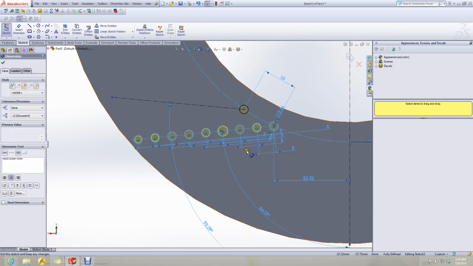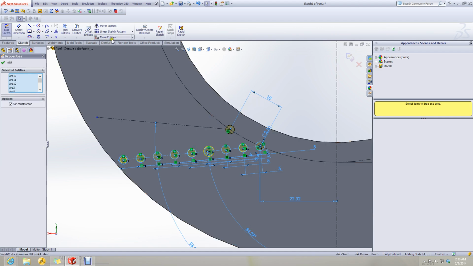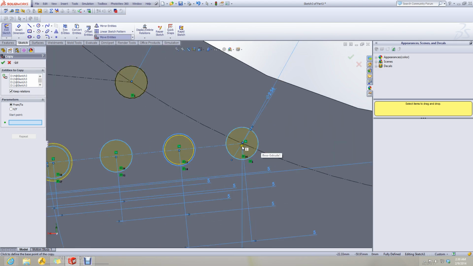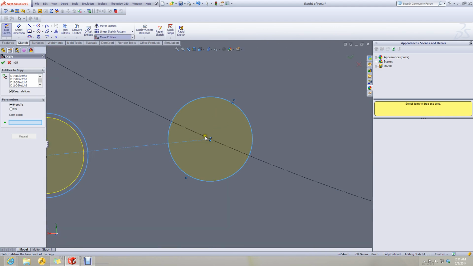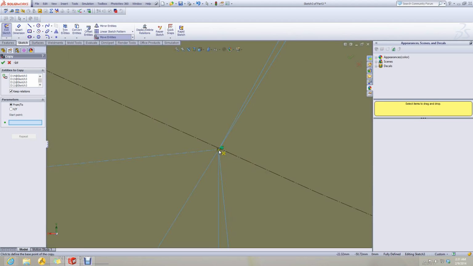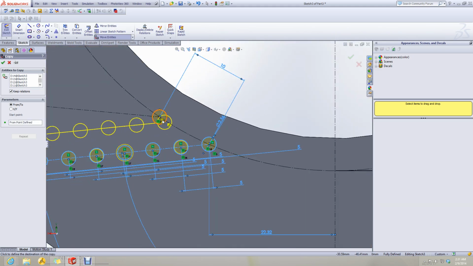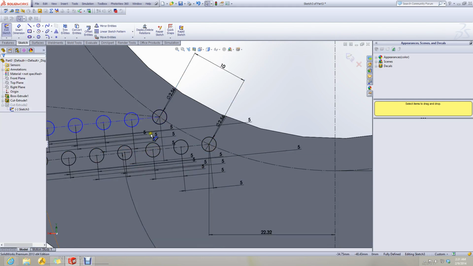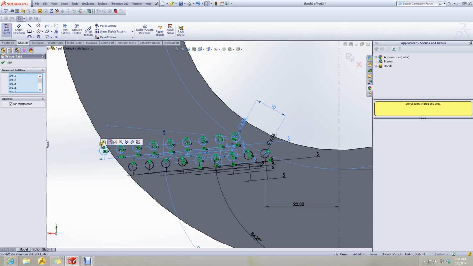Now I will select these circles and copy them over here. Now I need to rotate them along the new line.